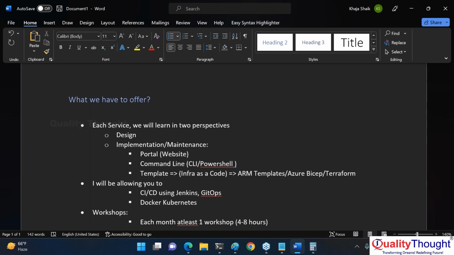That problem could be automation, it could be troubleshooting, it could be anything, but you and I will be working along. This generally will be on weekends, somewhere from morning to evening. Last time the workshop happened from 8 o'clock to 5 o'clock. Please ensure that you don't say that you are busy and all of that. Are we clear on this?